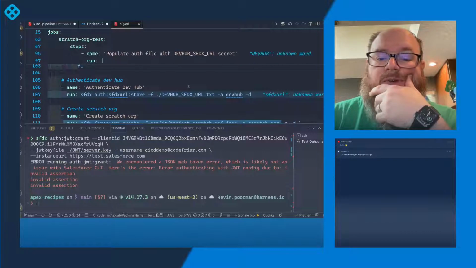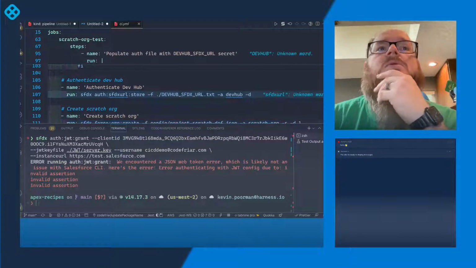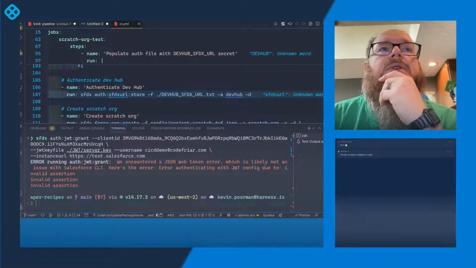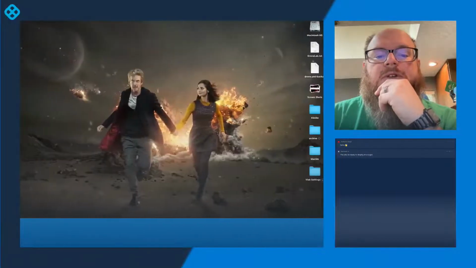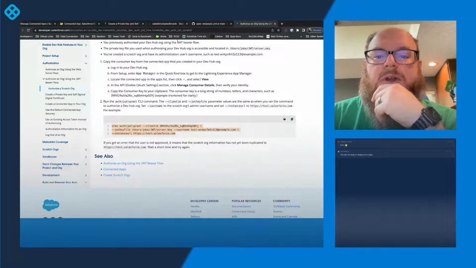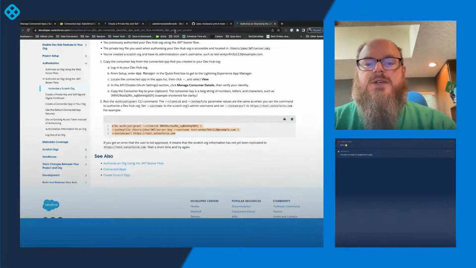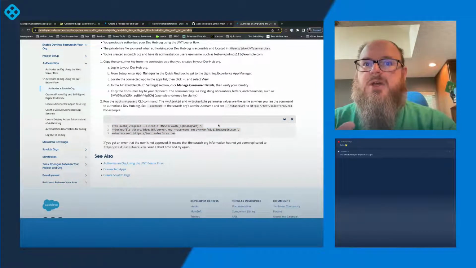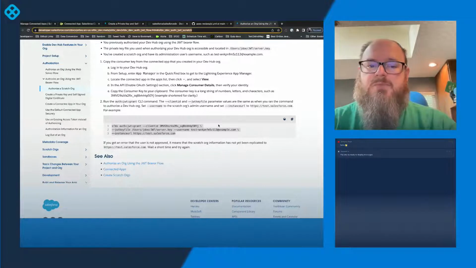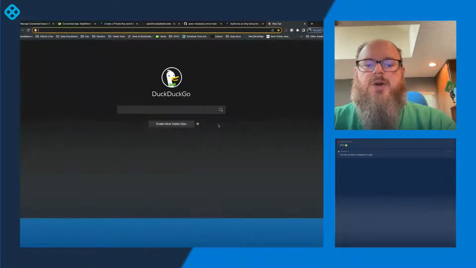They're pulling it from a secret, that Dev Hub URL. Let's see. Well, so it's clearly not working as we intended it. And this is the hard part with doing CI with Salesforce. I swear, once we get the org set up, it's really simple. But we've got to figure out how we